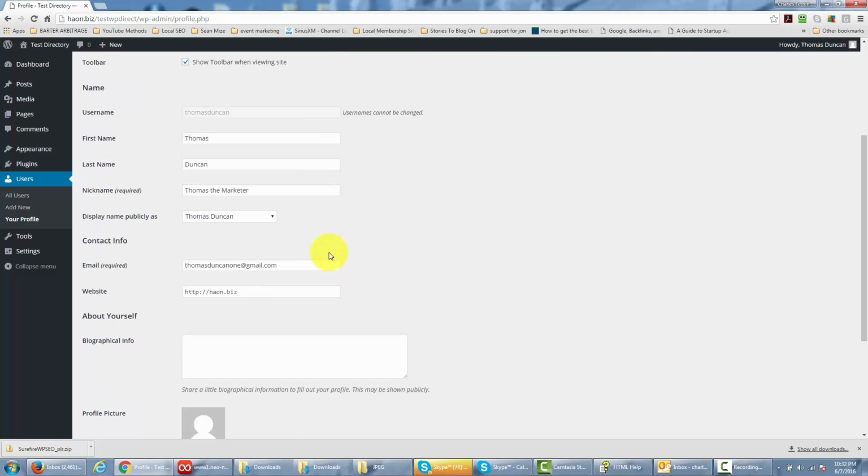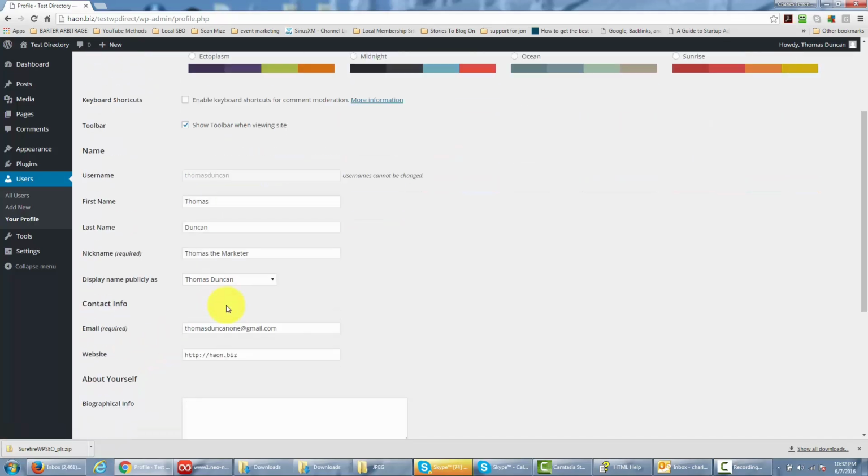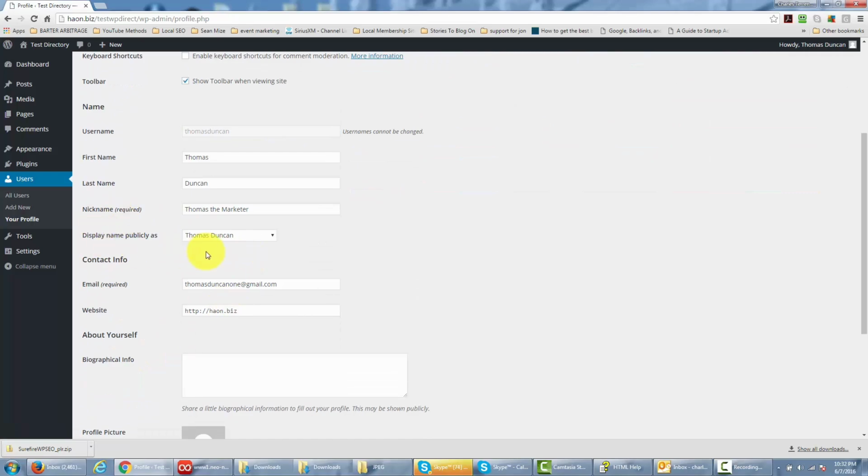And you can actually, when you save it, you're going to have that as an option available to you here. So what we're going to do is we're going to stop this and we're going to save, update our profile. Then we're going to come back to this area where it says display the name publicly. And you're going to notice that we can actually have that as our display name, the one that we put